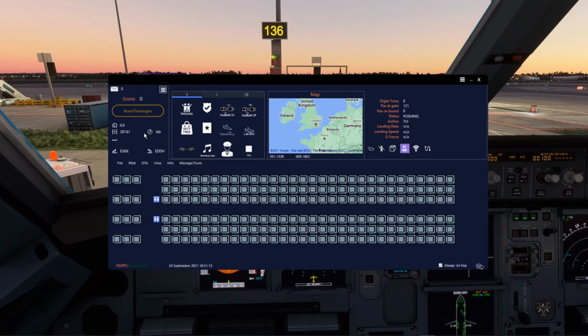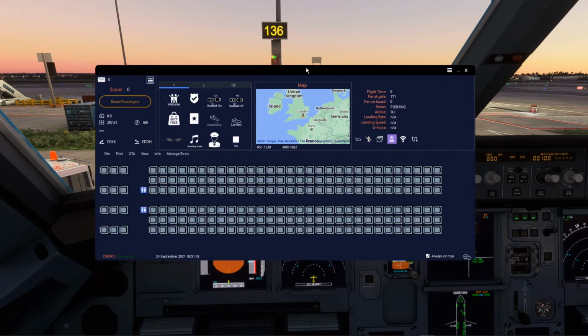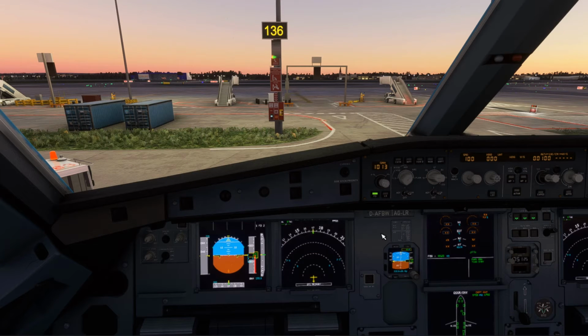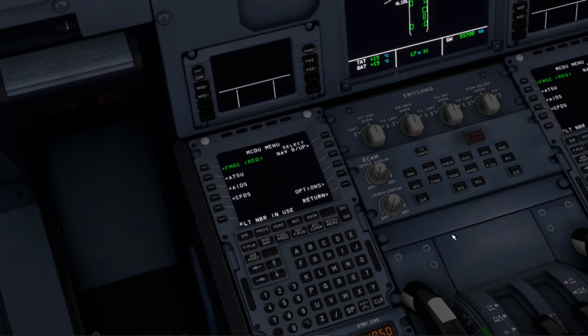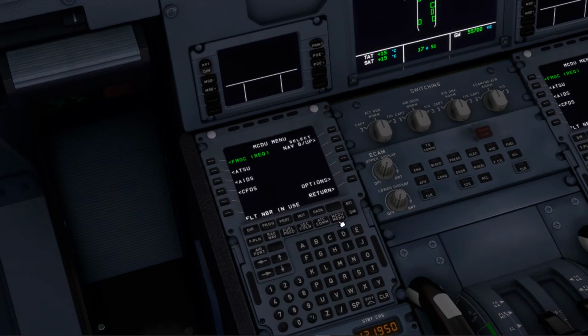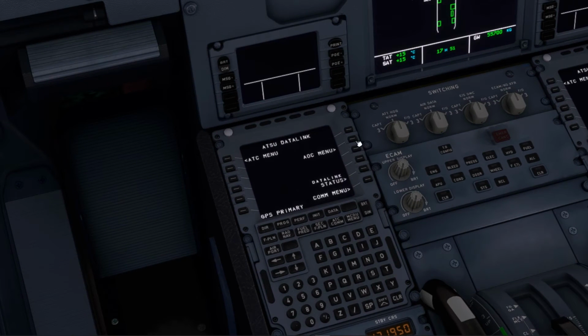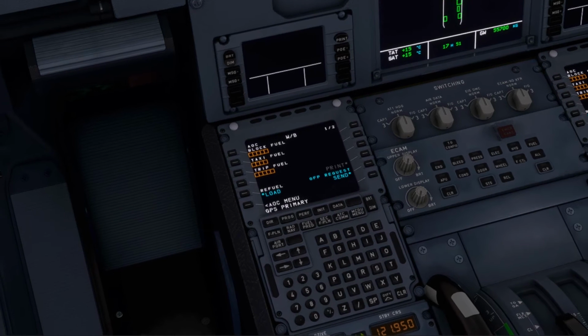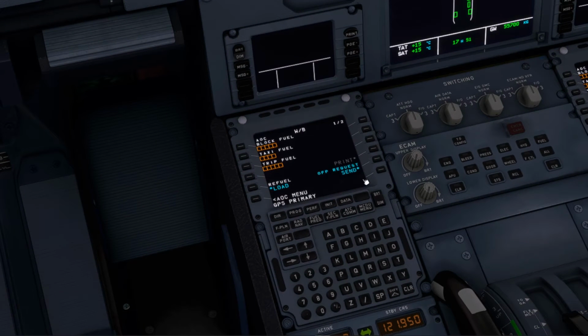All we do now basically is just click on board passengers. But before we do that, let's just uncheck this and go into the MCDU. Let's go down here, and down to the MCDU menu. Now, there's been a recent update on this. I'm not sure if you noticed, but if we go to the ARC menu and then go to weight and balance,